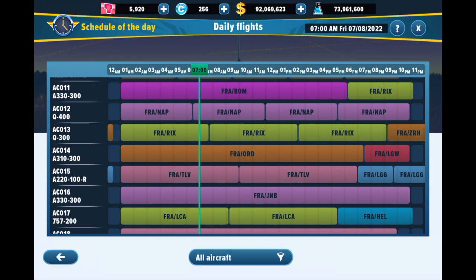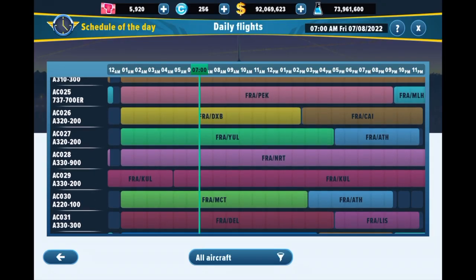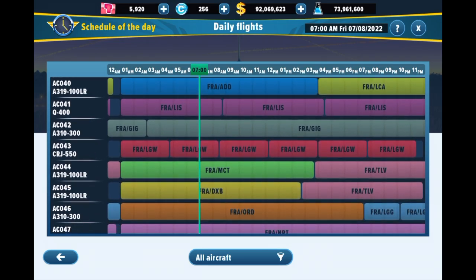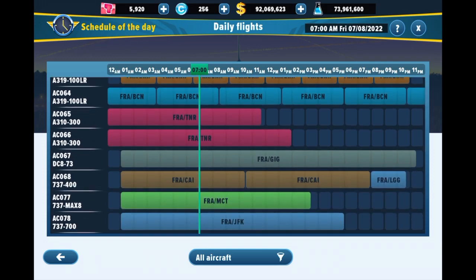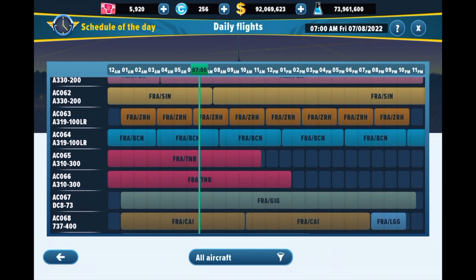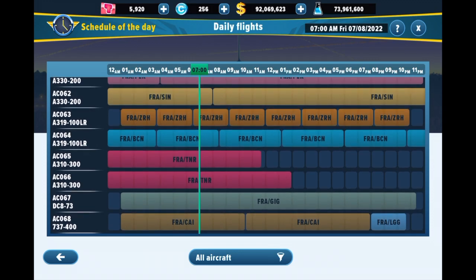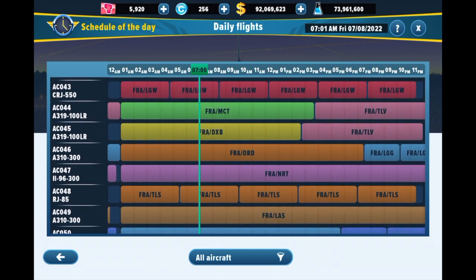So you see, for aircraft 14 and 15, AC 14 and AC 15, I have used a couple of smaller routes to fill their schedules. And yeah, if we take a look at the first 68 aircrafts, there are still a couple of aircrafts where I still need to fill this void in the schedule. But apart from that, I'm quite happy with the